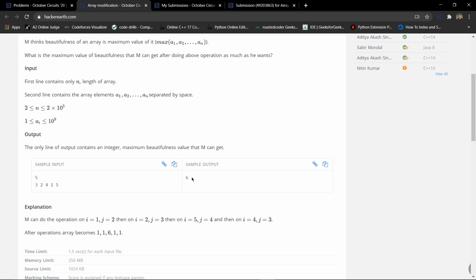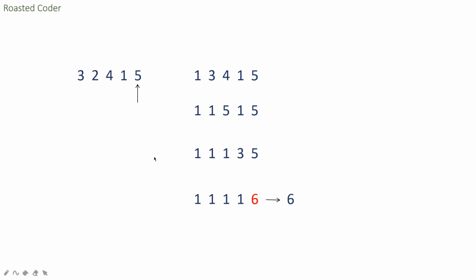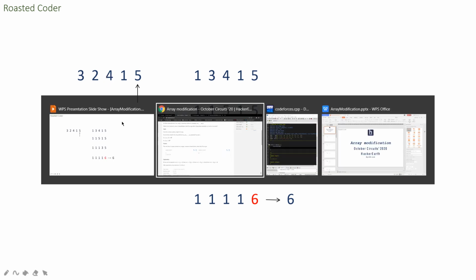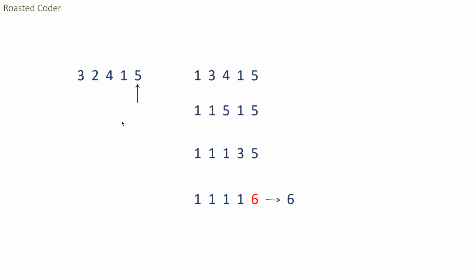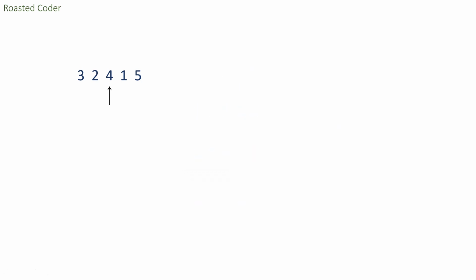So we can simply do this for the maximum element, and then that will be our result. But before submitting this solution, let's see this for this index, that is for 4. In one step we subtract 2 from here and add 1 to this, and again in the next step we subtract 2 from here and add 1 to this number.